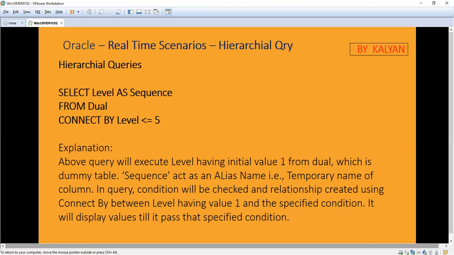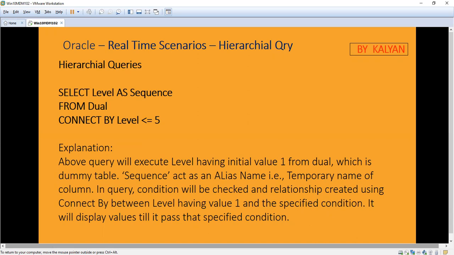I think everybody is aware of the dummy table dual. Sequence is the alias name, that is, the temporary name of the column. These are all basic things you know about using SQL: the table alias, column alias, etc.